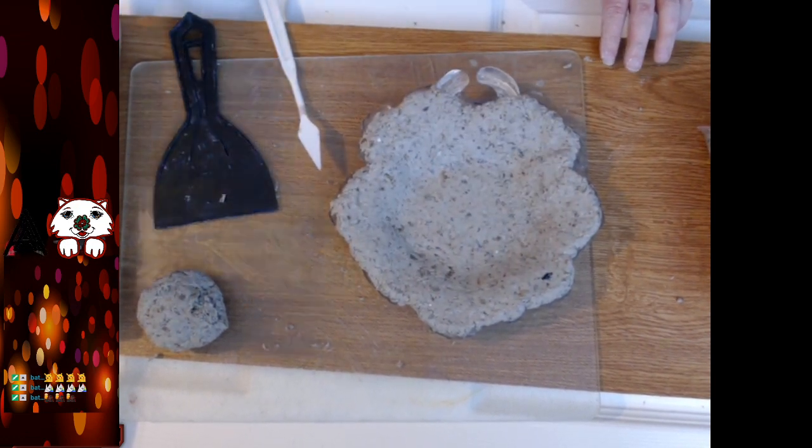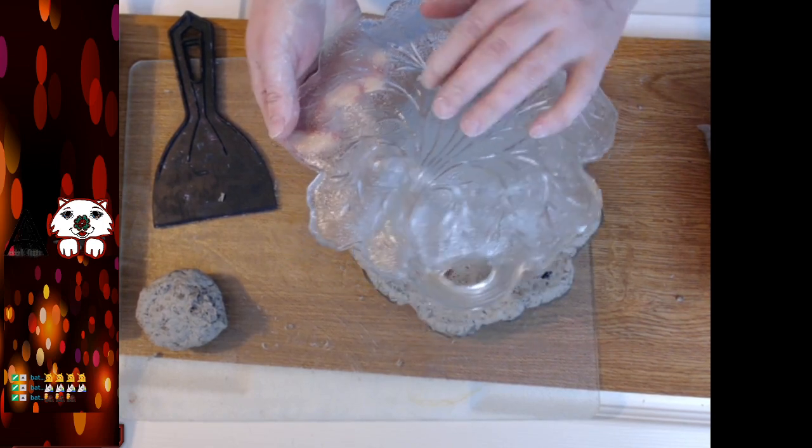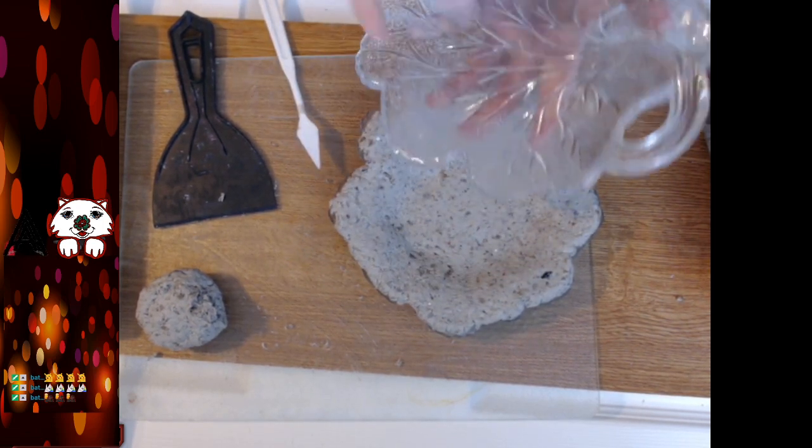Now, if you're going to do the opposite side, which is the flat side, and there's no detail or anything, excuse me, this side,